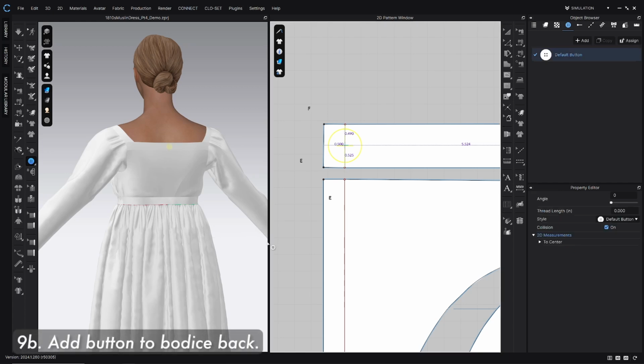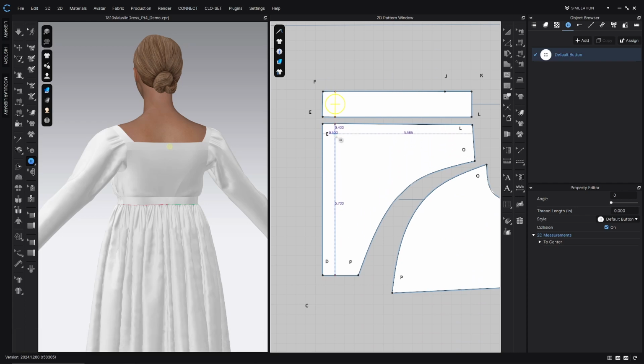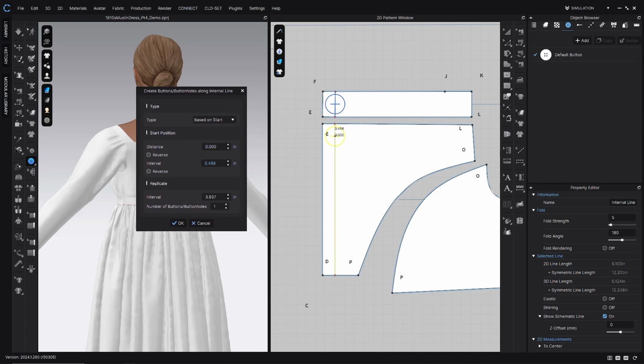And then for the one down here, we're going to click the internal line on the back bodice, but we want to make sure we click it near the top because that's the start of the line. It'll just put the button in the right spot if we start it up here. So right click the line near the top. And then this time, still the distance is 0. The interval is going to be 3.5,